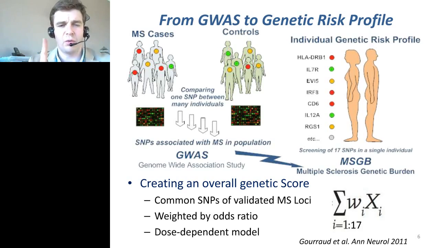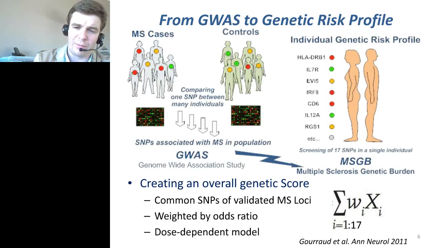But that's also created a new opportunity to actually say, hey, instead of looking at thousands of patients and thousands of controls for one marker, maybe we can look for a great number of markers in one individual and see how much of these markers, of these risk alleles, are actually accumulated in one single individual. And that's where we started to design methods with many others called genetic risk scores, genetic risk profile, where unlike in the GWAS where you are at the population level, you can go back to the individual, go back to the bedside, and start to have a profile of an individual patient.